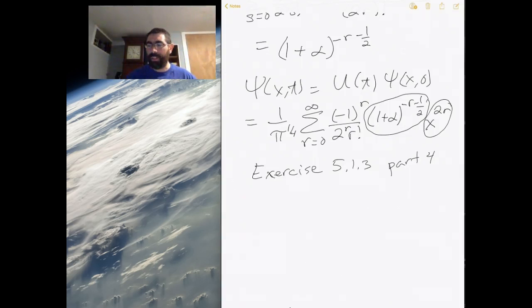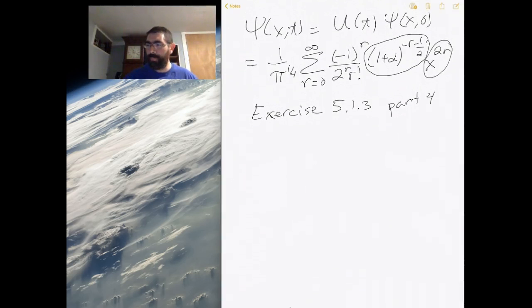And what I want to do is just clean this up a little bit more such that the time evolved wave function is 1 over pi to the 4th, this sum, where now I'm going to break up this term with 1 plus alpha